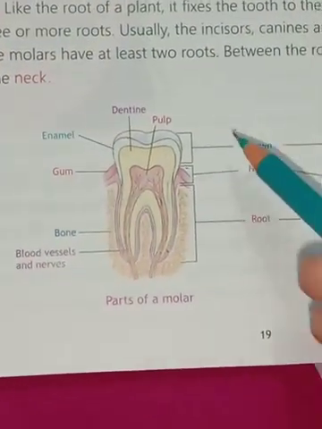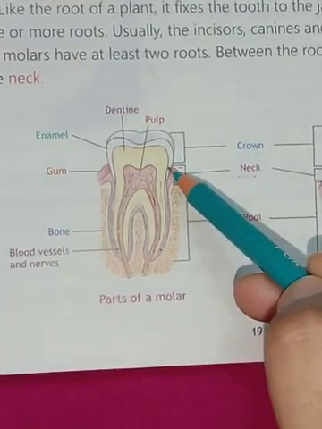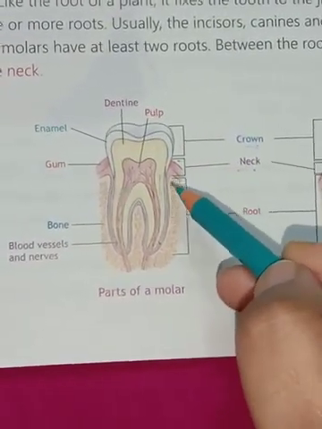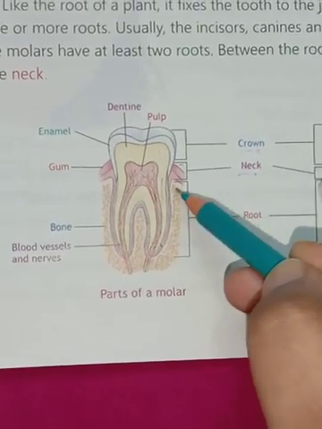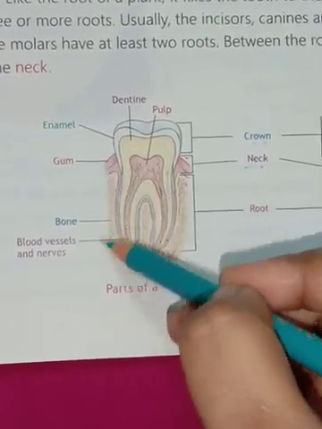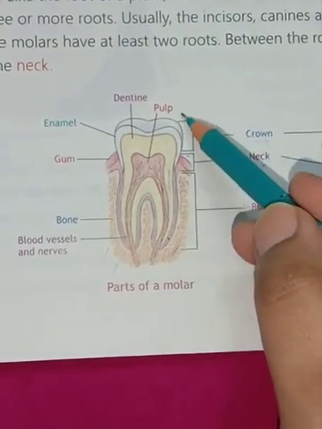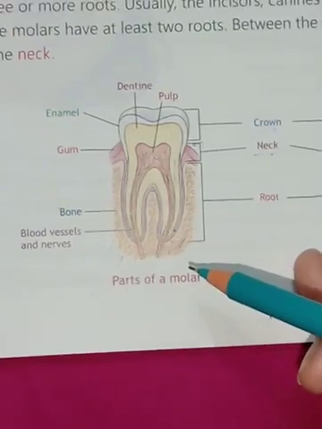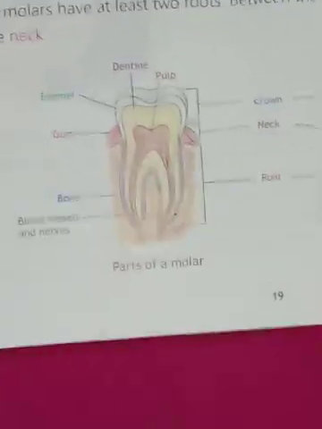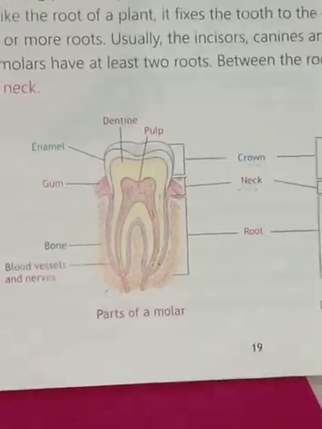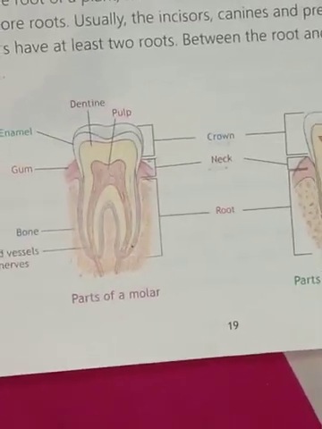See, here also the outer part of the tooth which is visible is known as the crown, and then the root of the tooth lies inside the jaw. This is the jawbone. Okay, and in between the crown and the root, the neck is present. Okay, the crown of the tooth does a lot of hard work, biting, crushing and chewing of food.